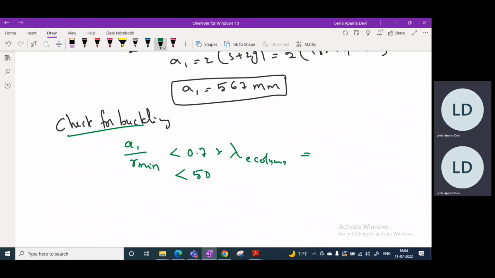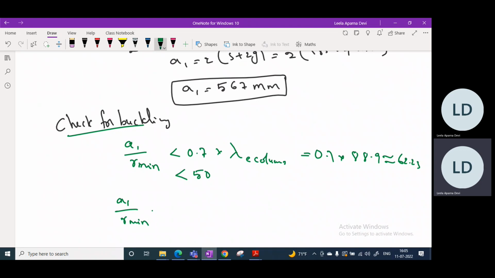So this 0.7 lambda e means 0.7 times 88.9, which equals 62.50. Now A1 by r minimum, minimum means here ry,